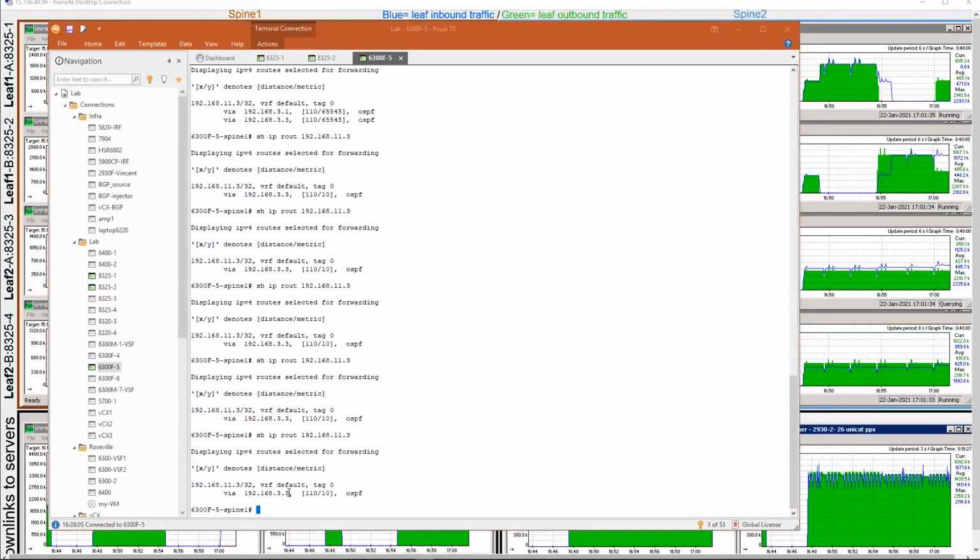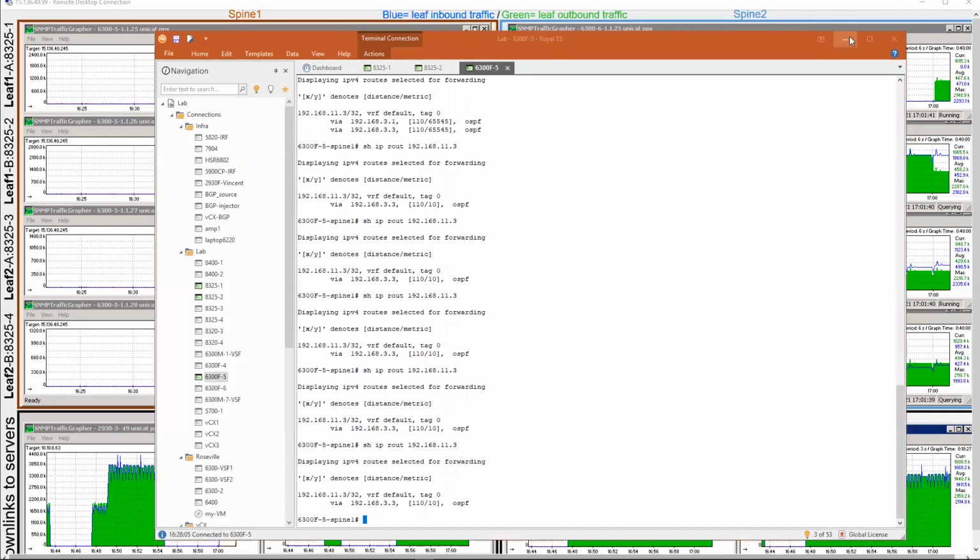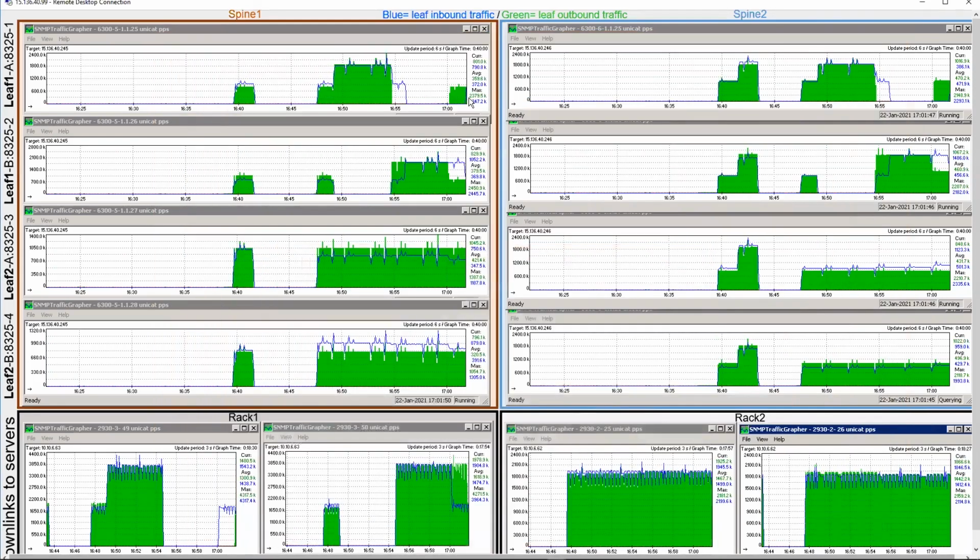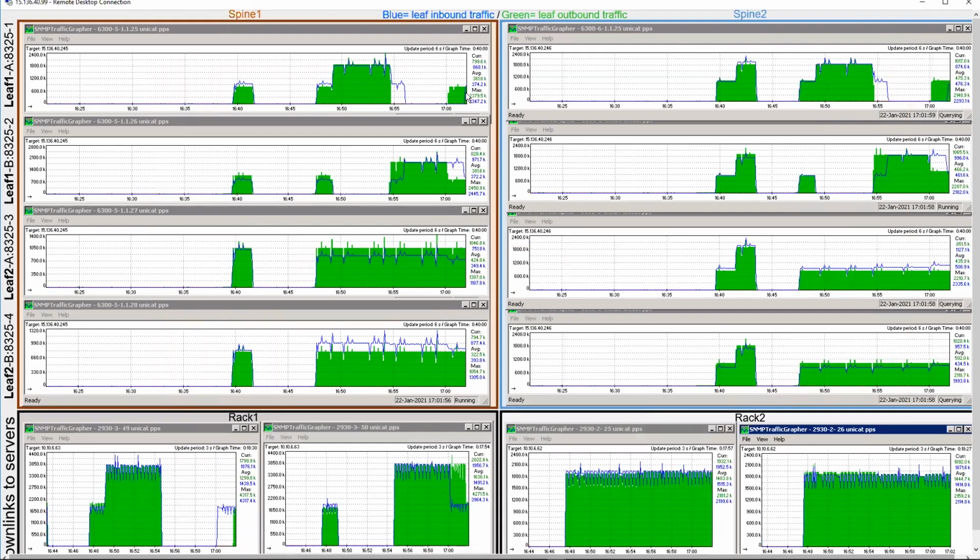That route is not yet available through the VSX primary, because of the OSPF max metric that we have, and that max metric has a timer.